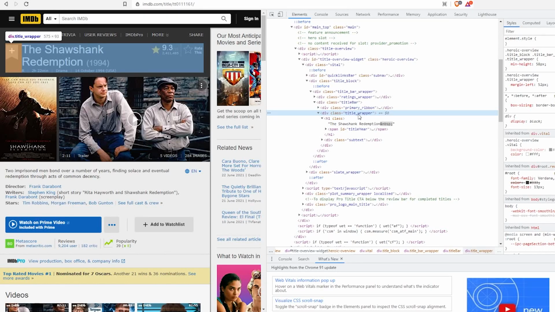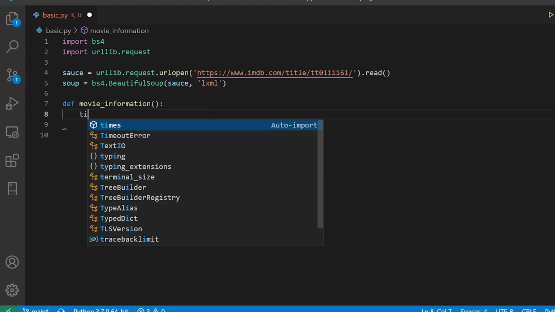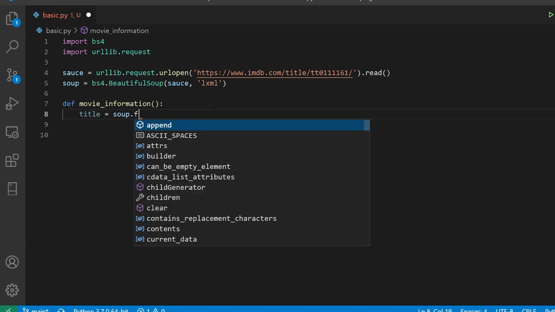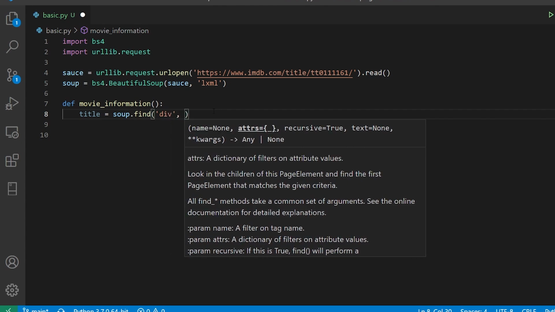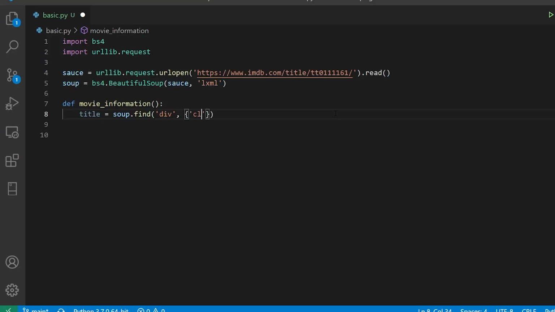So what I'll do over here is copy this title wrapper, and here I'll say title equals soup dot find. I'll say div. First you have to specify your tag, that is the name, so it is a div. After that you have to say class, and later on the name of the class. You have to enclose this within a dictionary. This is the way you pass the attribute to Beautiful Soup. And now I'll say return title, as simple as that.